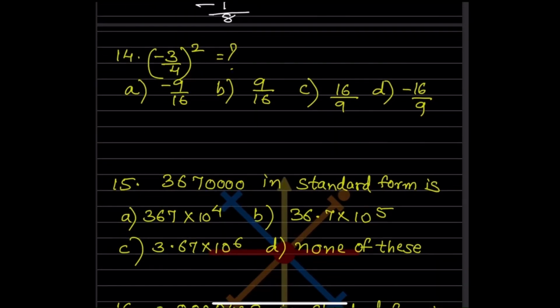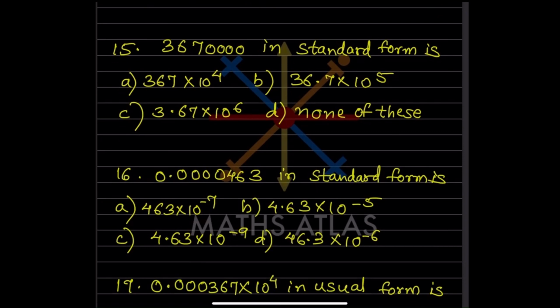So now for this one, you don't have to solve it because it's easy. The exponent, this 2, means the negative is going to be positive 1. So it will be 9 by 16. So this is going to be 9 by 16. Now you have to write this in a standard form. We have seen in the previous video, or if you have not seen the previous video, you can just have a look at that. Here it is standard in the usual form.